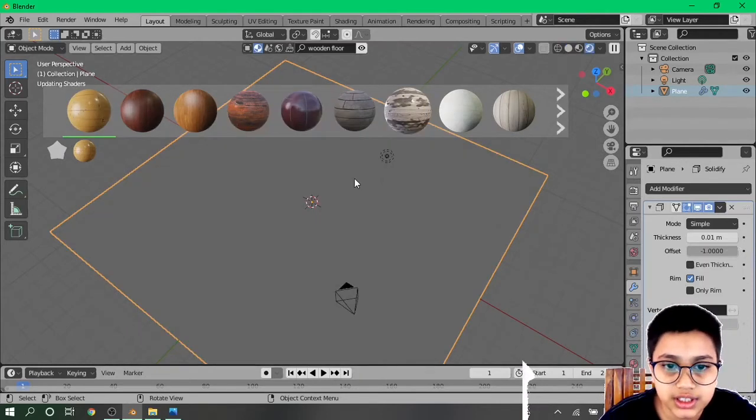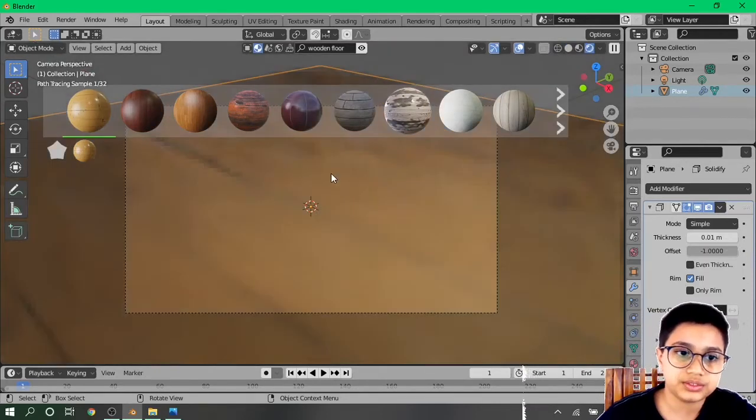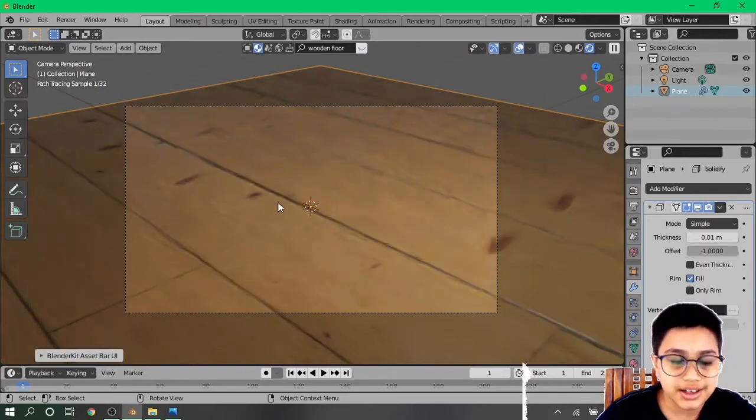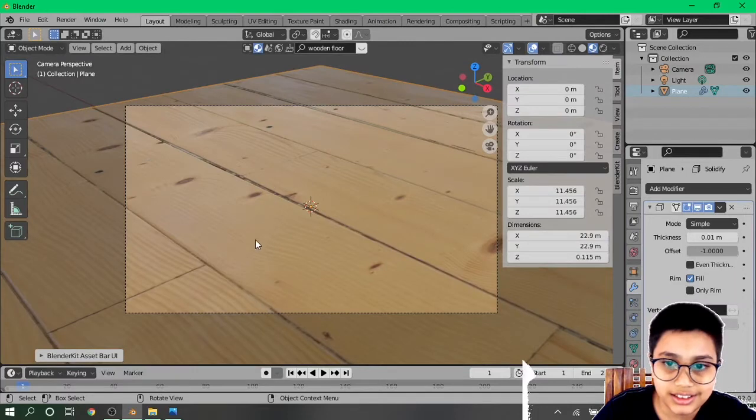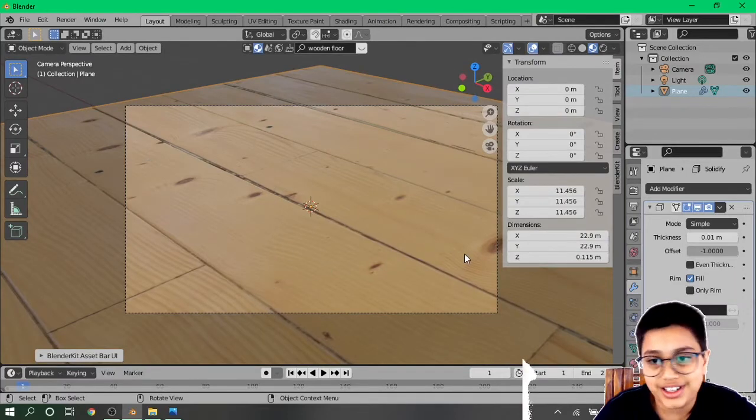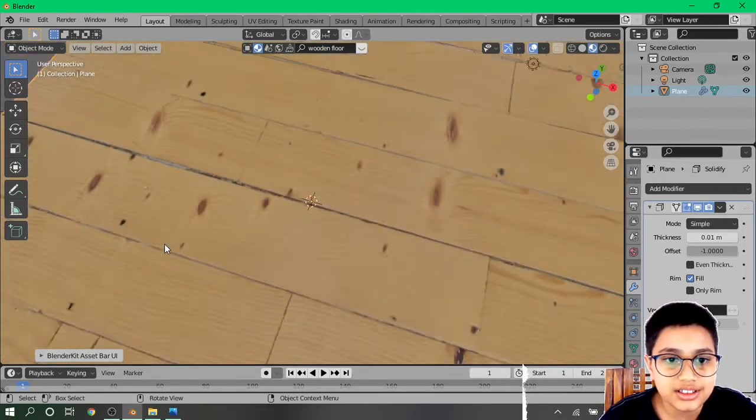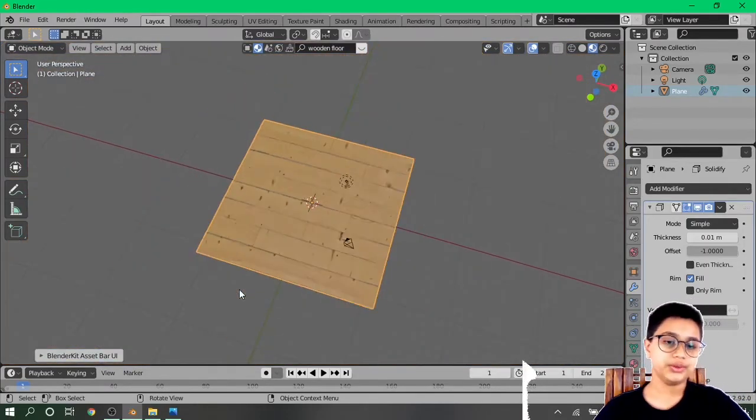Now go to the render view, and now as you can see that this material is very big for a 23 by 23 meter plane. So what to do?